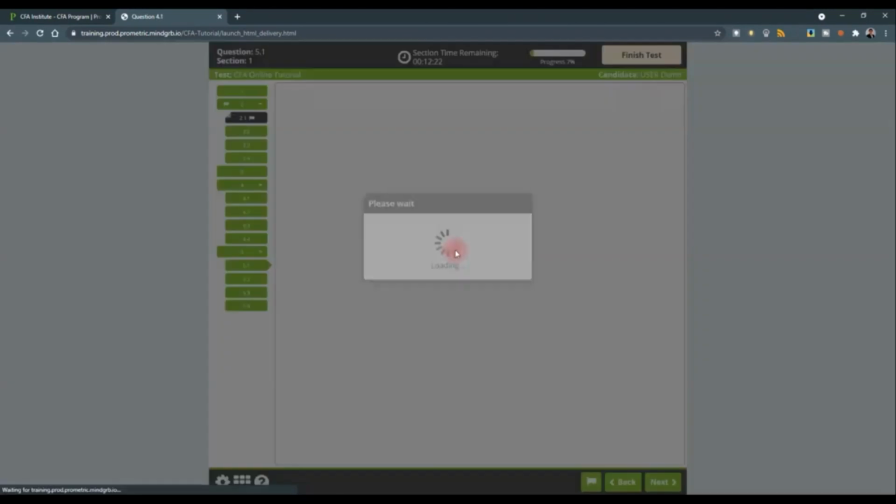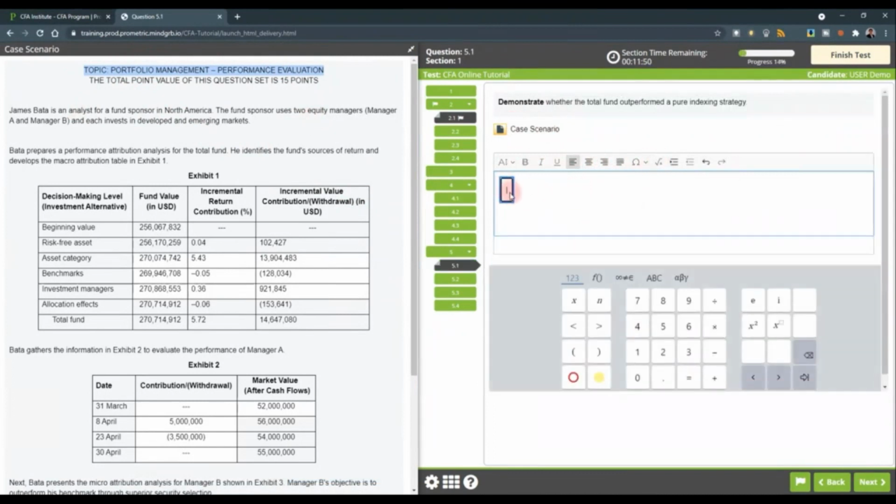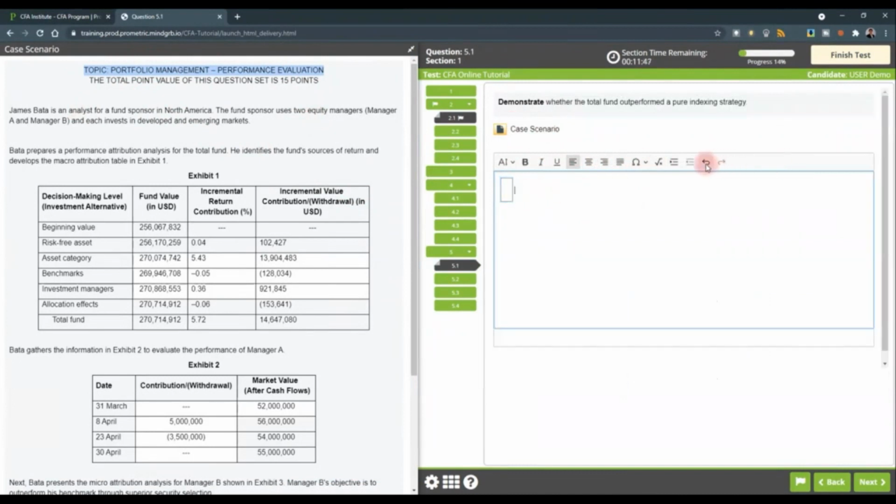Then for the level 3 exam, same thing as well. You have the topic at the top of the page of the case scenario, and on the right hand side you have a free text box where you can enter your workings or your calculations. You can change the font size, set whether to bold, italicize or underline, and align. You can have special symbols and special characters. You can enter math formula either by clicking on this button or by pressing Ctrl M, and then they will insert the math editor. You can undo and redo, and you can set your indentation.